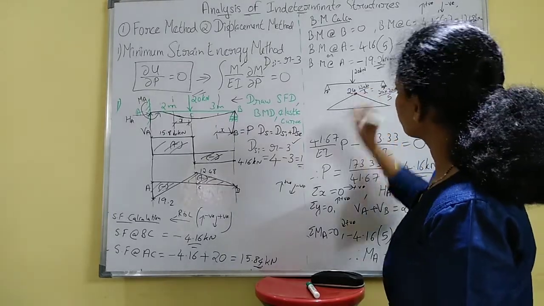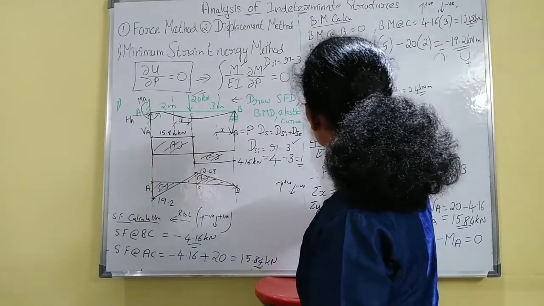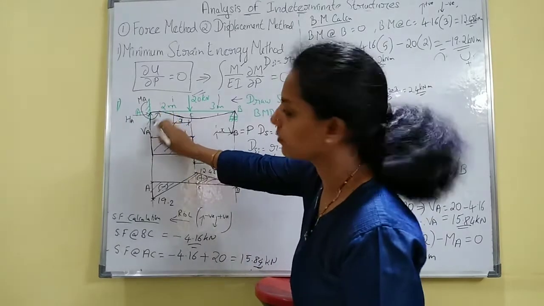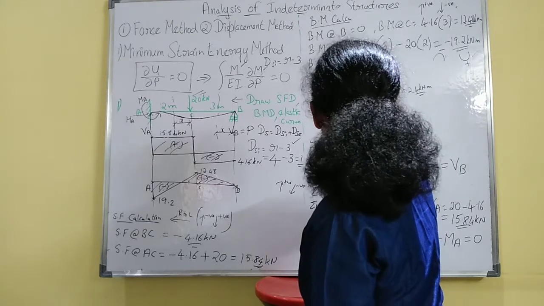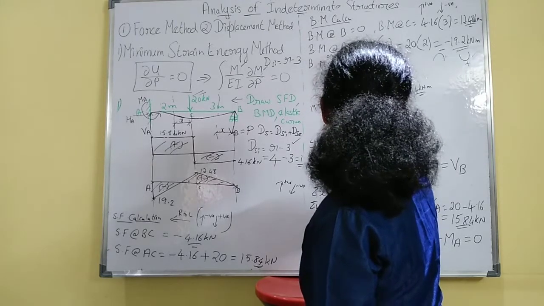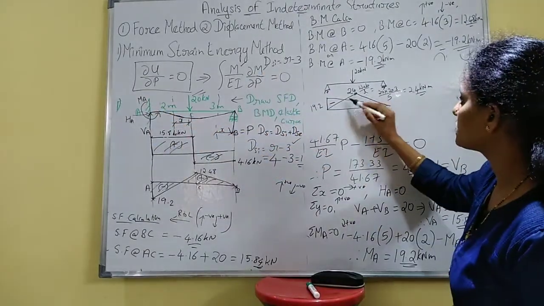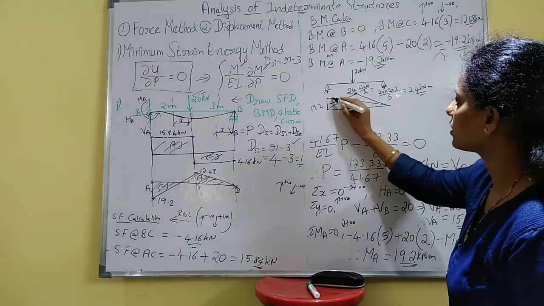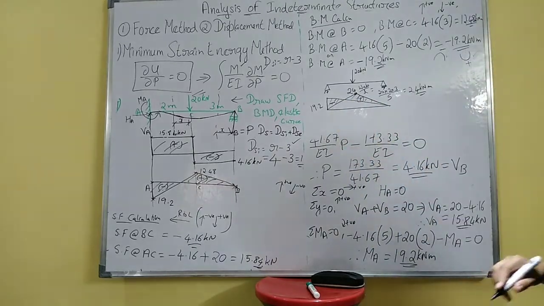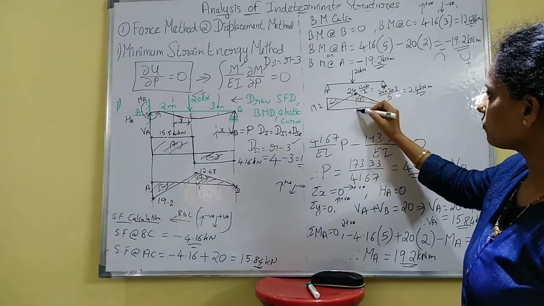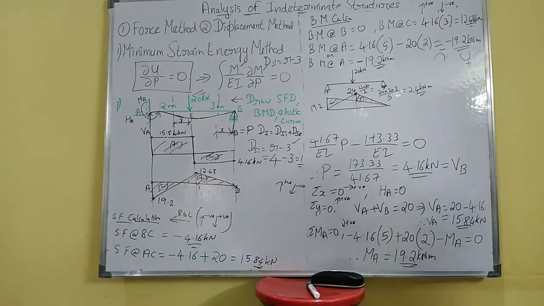So this will be 24, and you have a negative from this couple. Here it is tending to hogging bending moment. So it will be minus. So just write minus here, minus value. So this is due to this propped M A, and this is due to considering it as simply supported. So in this way also, during the competitive exams and all, you can directly find out. This total will be 24. Okay, and this small part you can find out, or you got this as 12.48.